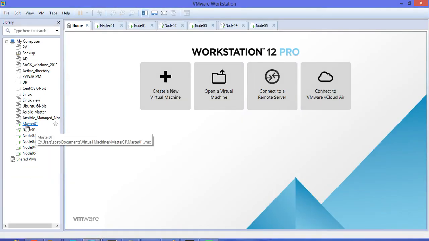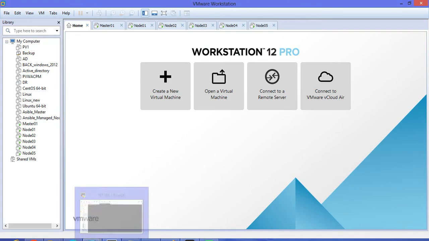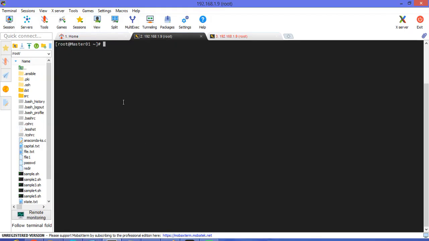Let's say I have 6 machines. One is master, which you say control node, and there are 5 managed nodes. So let's see how to configure it, how I configure it in my system. What you have to do, you have to create all the nodes which you want to manage, and then you have to make an entry in the /etc/